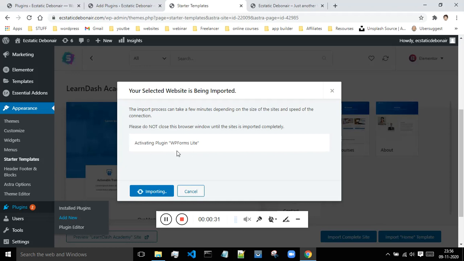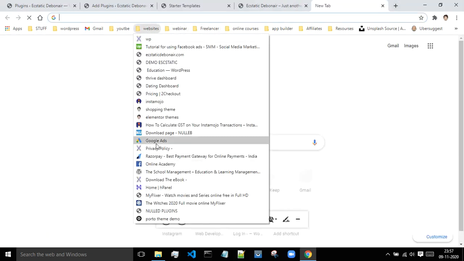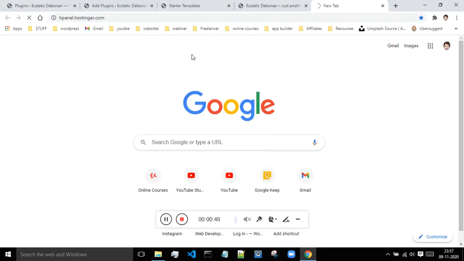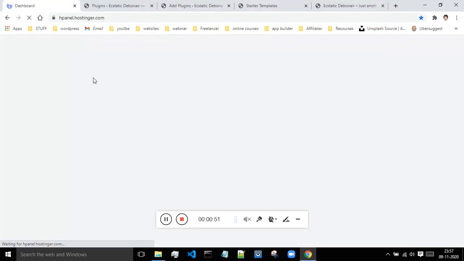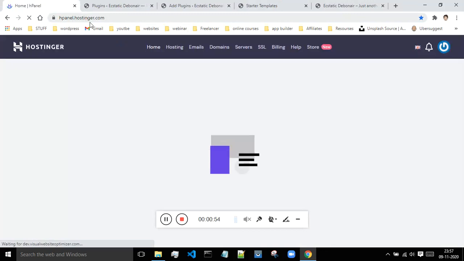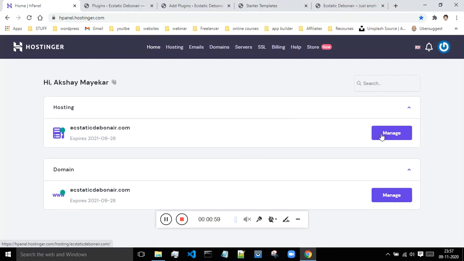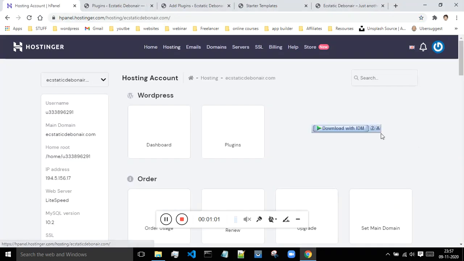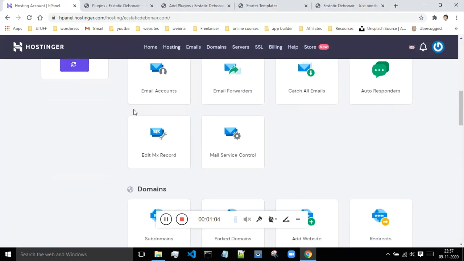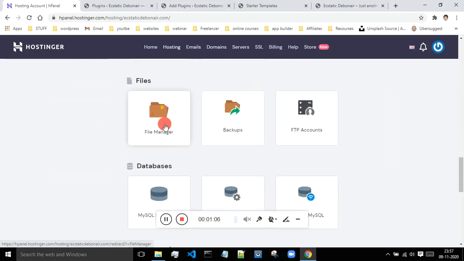I was actually getting this error because I had already pre-installed this WPForms Lite, and if you guys are still having trouble removing that plugin, then directly go to your hosting. Let me tell you how to do that. I have my hosting on Hostinger, so I will directly go to my hosting, and for tutorial purposes I am telling you how to remove any plugin which malfunctions. So just directly go to the file manager,